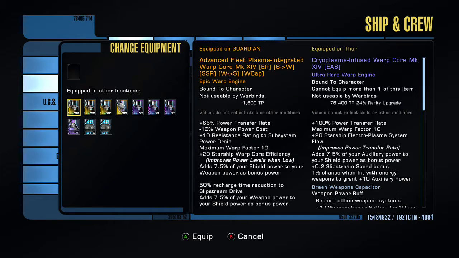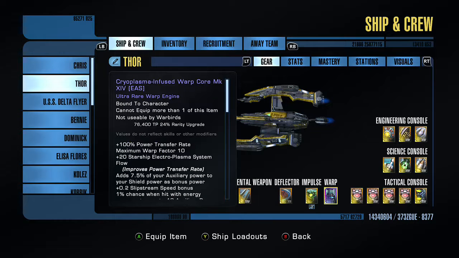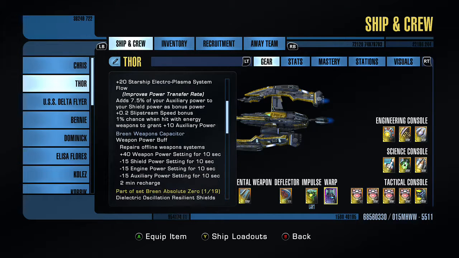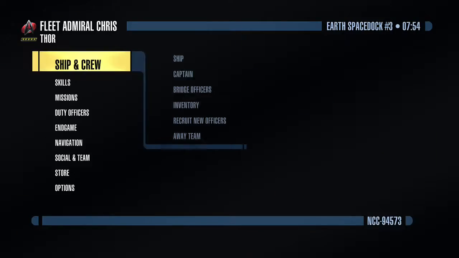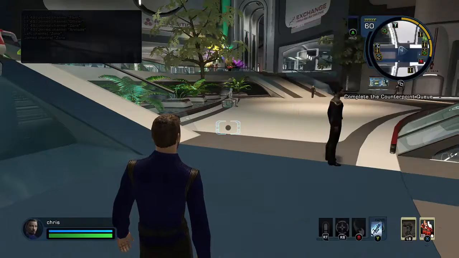What core wise, I would normally have one of my other ones on here. However, this did come from the winter event as well, this warp core. So I think it's going to benefit us more if I have that on there. I do need to upgrade it. It is very, very basic at the moment. So what I'm going to do,